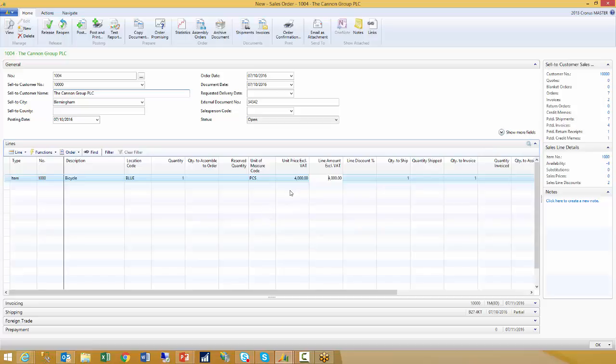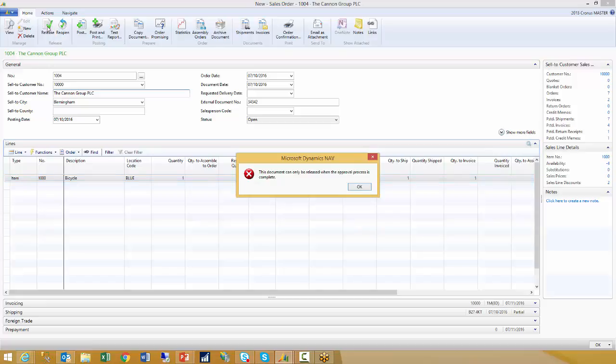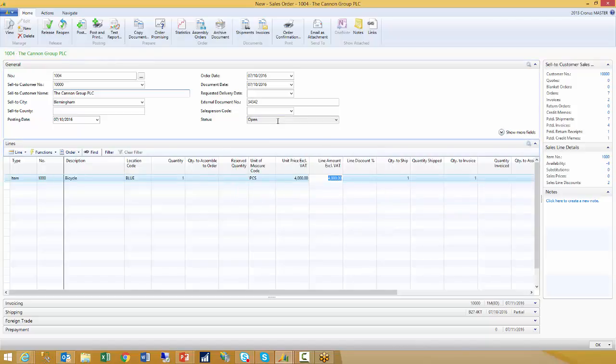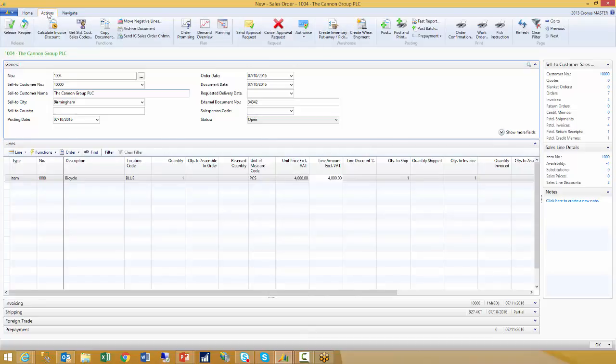And just to prove that that does work, normal course of events, you will generate your order and then just click on the release button. And because the document approval has been set up and sales orders have been enabled, it is telling me the document can only be released when the approval process is complete. So at this point in time, the status is still as open. So we go to the Actions ribbon, go to the Send Approval Requests,